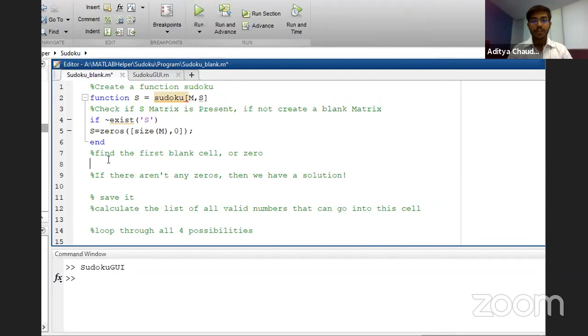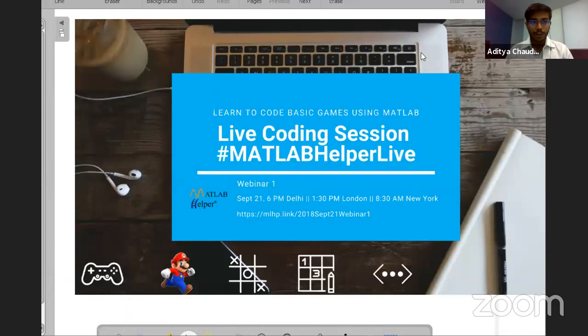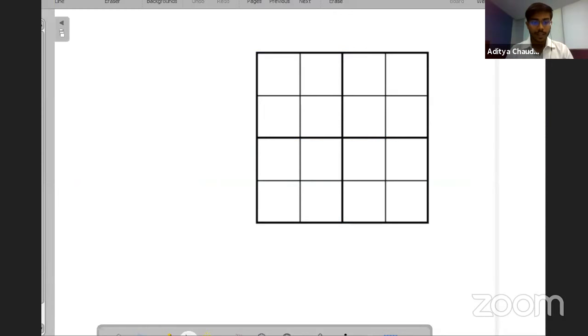Now next is to find the first blank cell or first zero. So consider we have a 4 by 4 matrix like this, and there's a value 1 over here, and there is a 0 here, 2 here, 3 here. What we have to do is find the first 0 value, like the index of this position in the matrix.